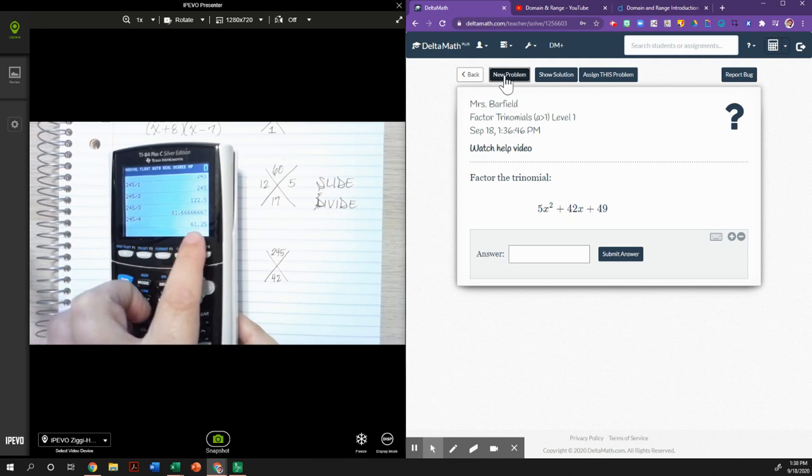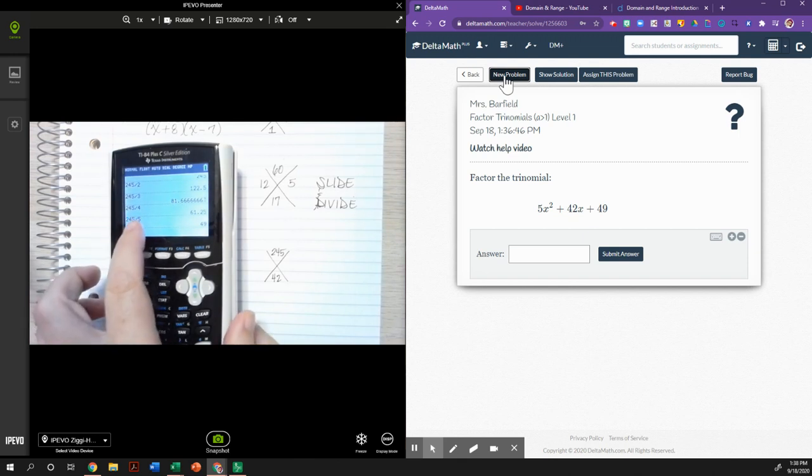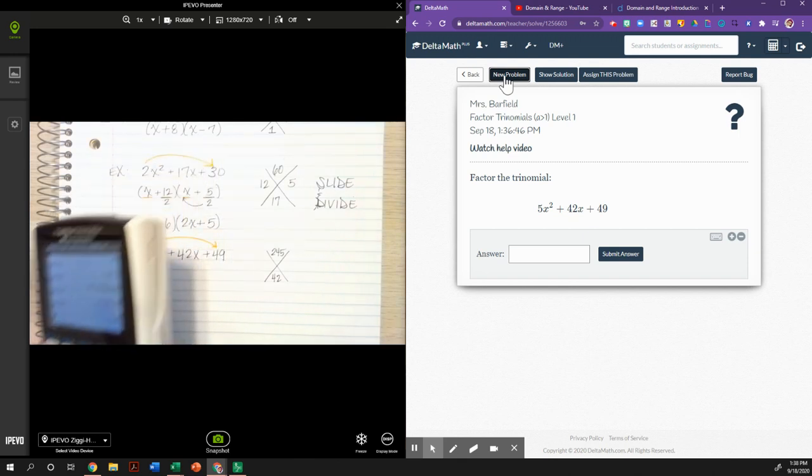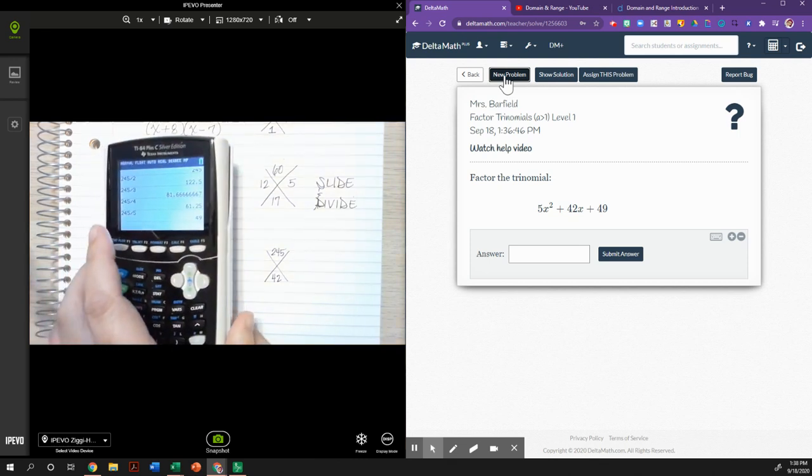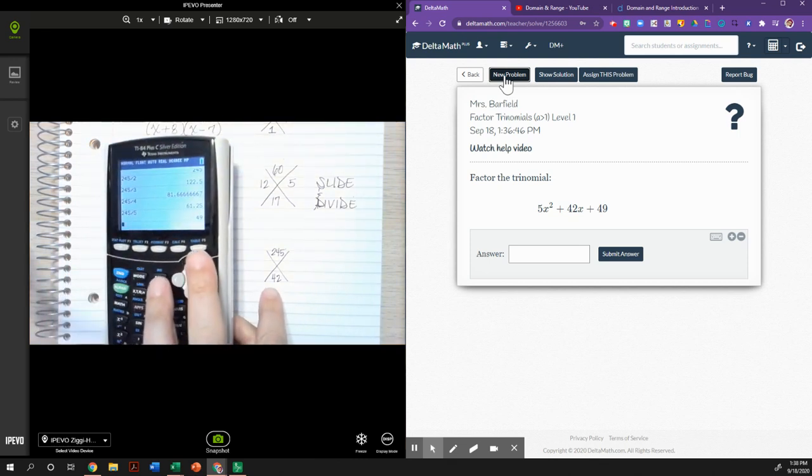245 divided by 4. So 4 and 61.25, I can't get, that's a decimal, I skip it. 245 divided by 5. I got 5 and I got 49. That's not going to give me 42. It's close, but it's not going to give me 42. So 245 divided by 6, I skip it. And some of you might say, oh, I kind of actually have an idea. But I teach my students divide by 1, divide by 2, divide by 3, divide by 4, divide by 5,